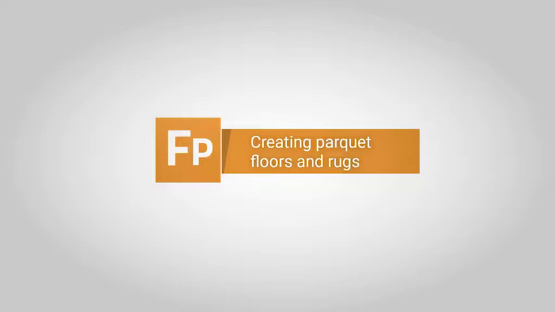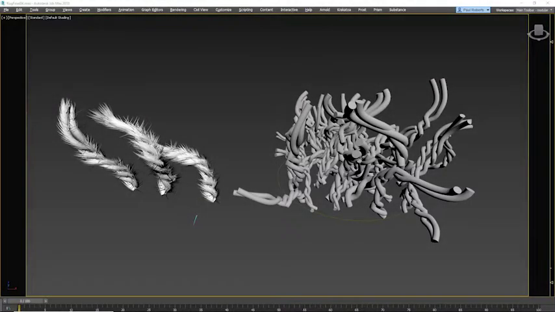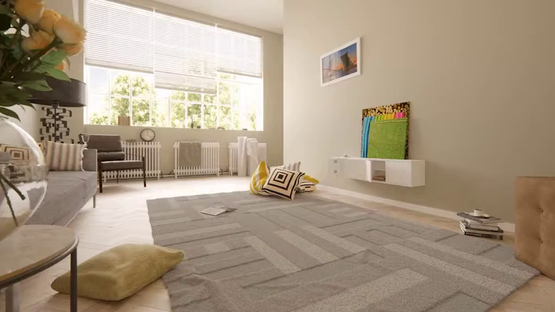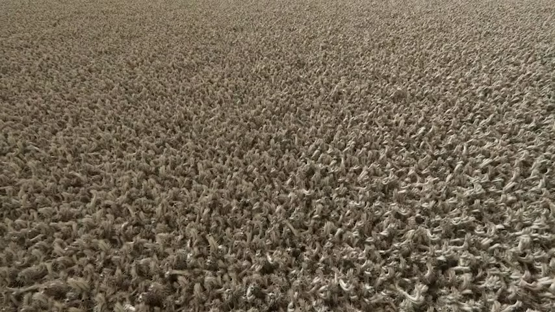In this tutorial, we're going to look at how to use Forest Pack to create rugs by scattering small patches of actual geometry. This approach benefits from allowing you to precisely model the pile for your rug in as much detail as you need, a thread at a time if necessary. Thanks to instancing, in most cases it will also use less memory and render faster than displacement or hair and